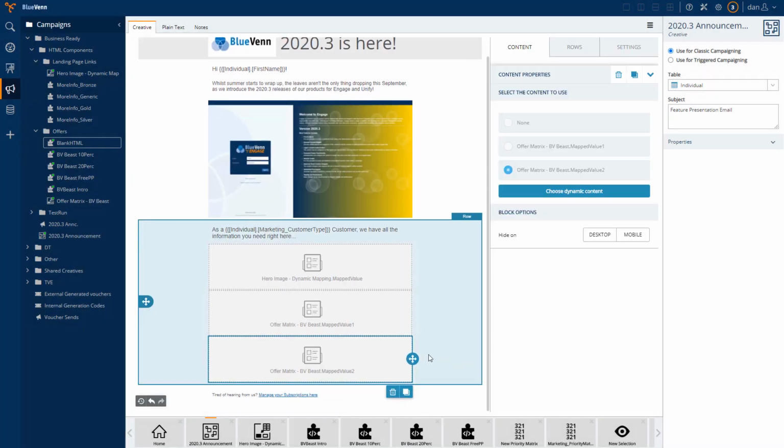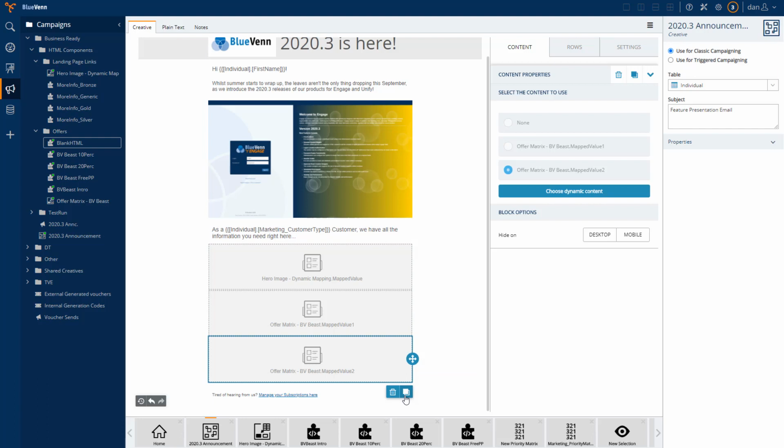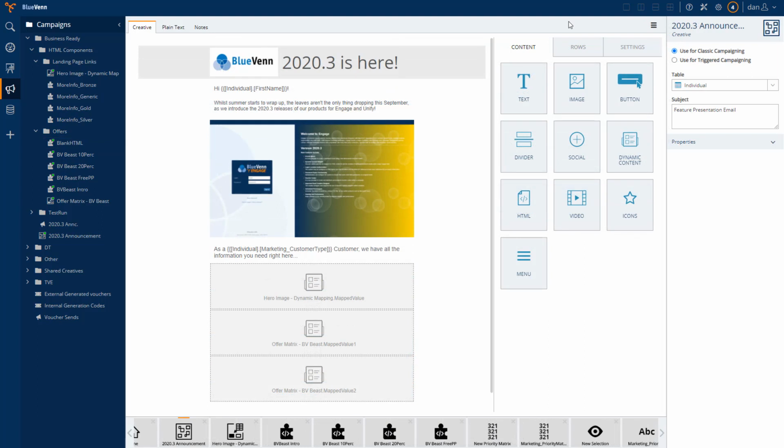Now, with our settings again, we specified if a customer has a mapped value, that will go in for the first view. However, if a customer has no priority offers available, it will default to the blank HTML. So this means a customer won't just have lots of unnecessary or irrelevant offers, and it will only populate with our personalized values. Now the creative has been saved, we're able to finalize this and load it into a campaign